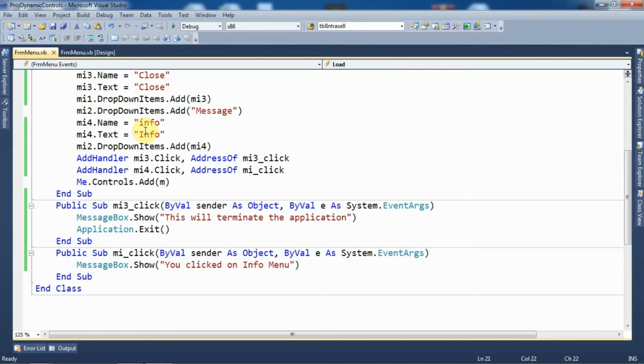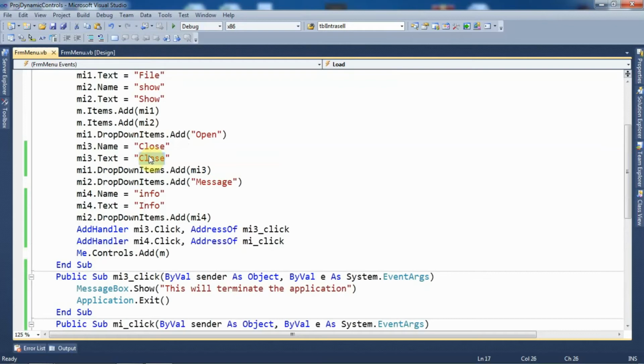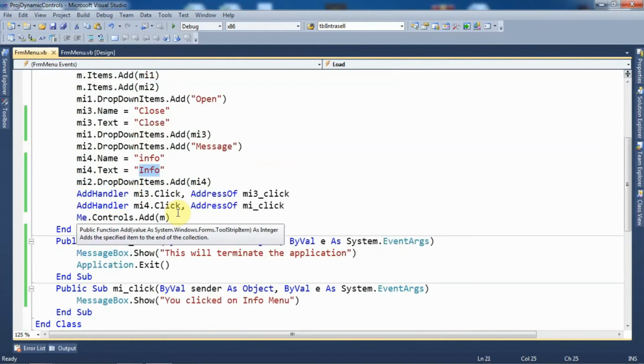Now what I want to do, whenever I click on this close sub menu, I want to display the message that this will terminate the application, and it will actually terminate the application, means it will close the application. And when I click on this info menu, I want to display that you clicked on info menu, means I want to add events within these two sub menus, that is close and info.